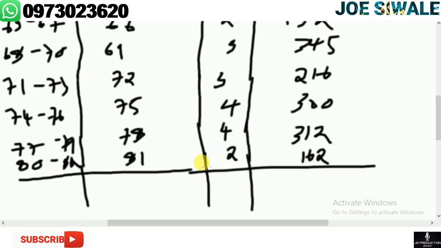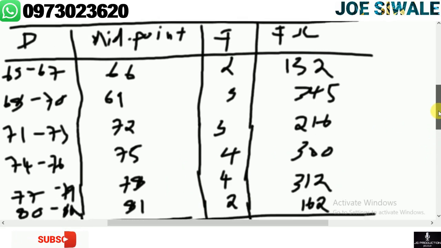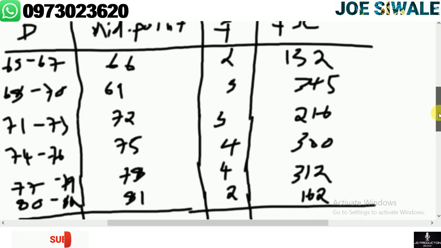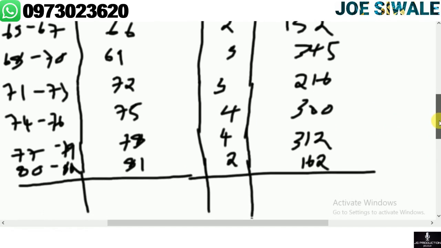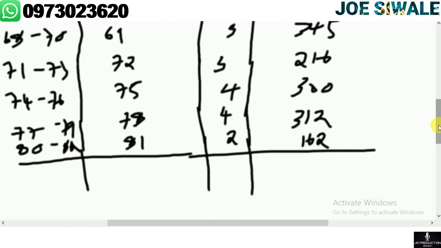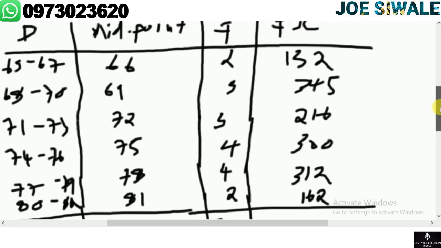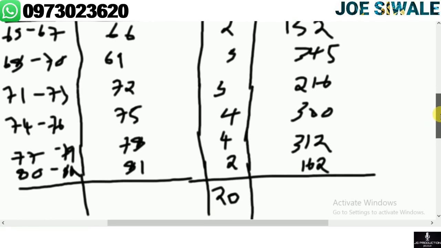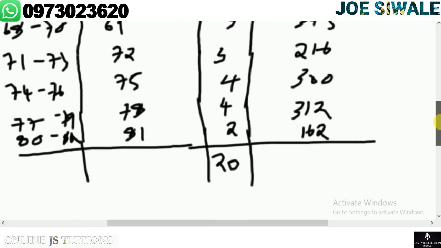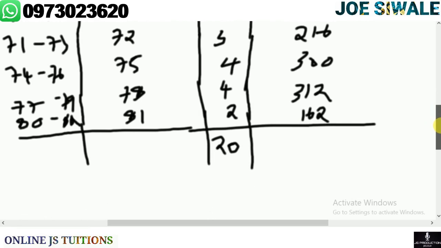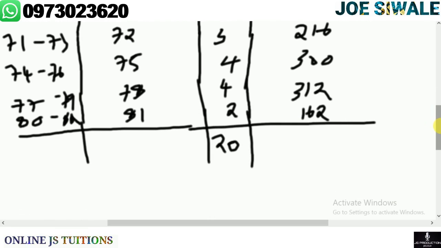The total of the frequency: we add 2 plus 5 plus 3 plus 4 plus 4 plus 2, and the answer there is 20. Then we are also supposed to find the sum of f of x. So 132 plus 345 plus 216 plus 300 plus 312 plus 162, the answer there is